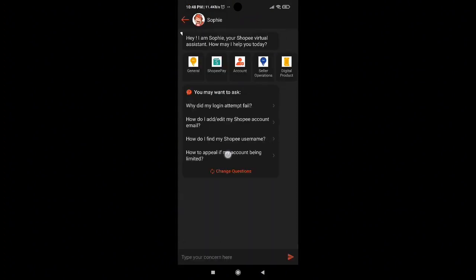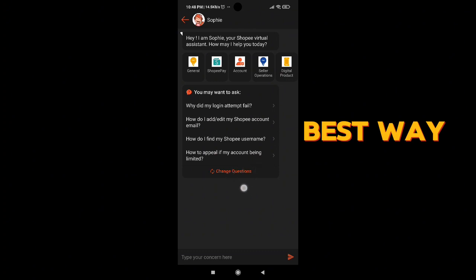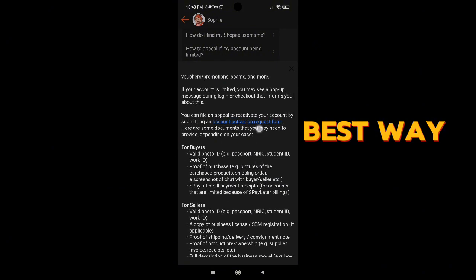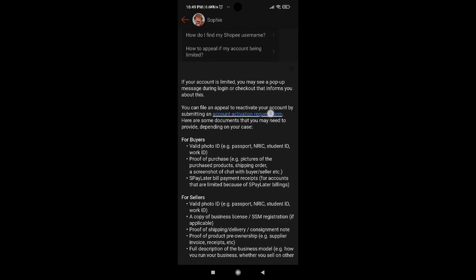Once you click on chat with Shopee, you will be able to see an option called how to appeal if my account is being limited. Once you type that, you can see there's a clear option saying you can file an appeal to reactivate your account by submitting an account activation request form. This is the best way. You have to just click on it,